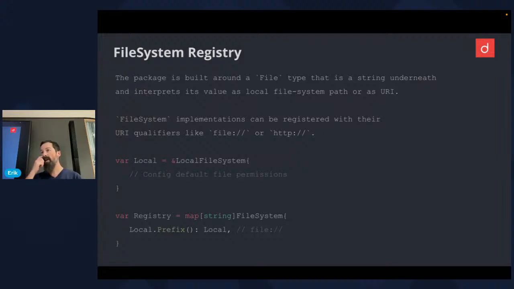For instance, if you open a zip file or something you have in memory, an in-memory file system, then you would have to use some unique ID and come up with your own schema on how to make that unique. It just has to be this prefix that's used then to identify what is the file system for a path with that prefix.